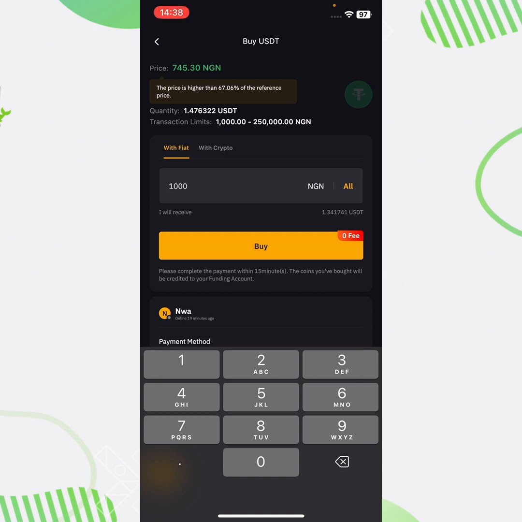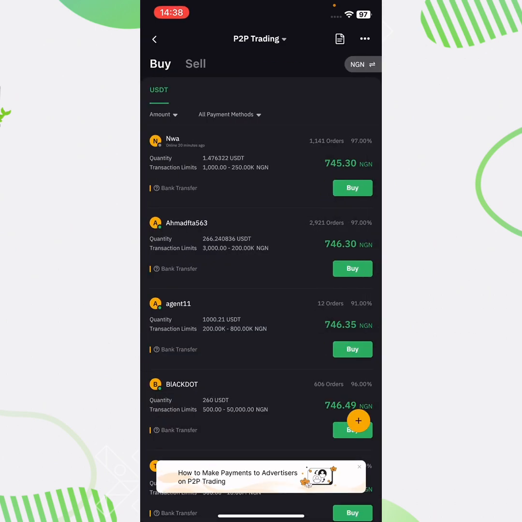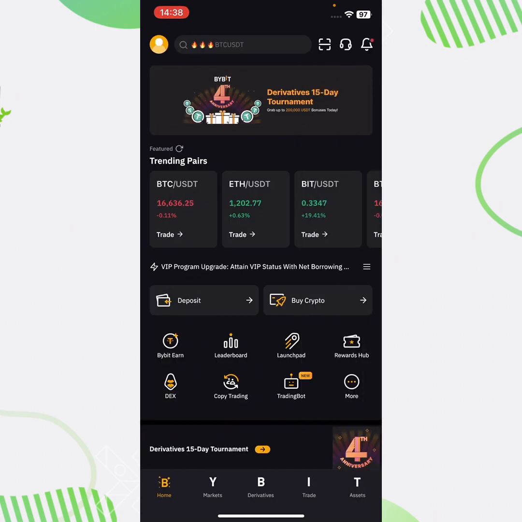Once the deposit reflects, then he will release the coin for me, and then I can go ahead to trade. So let's go straight to the main thing of the day, why we are here, which is how to trade